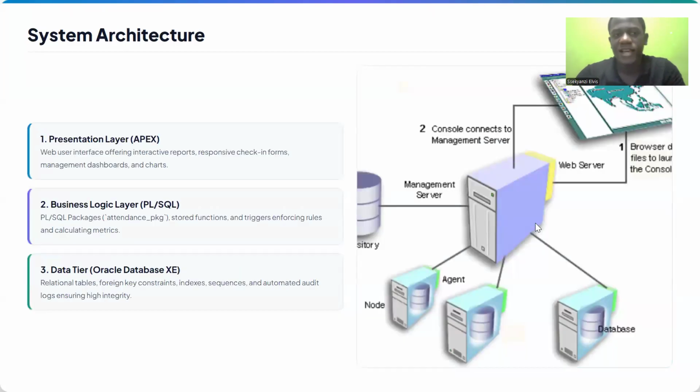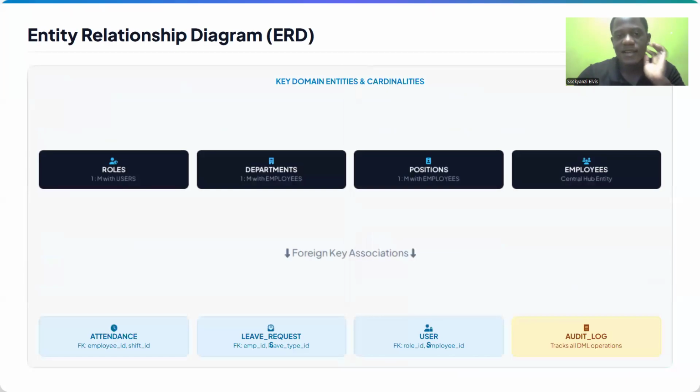Then this is the architecture of the system, whereby you have the presentation, the business logic layer, and the data tier. About the ERD, we have different entities: the roles, the departments, the positions, and the employees.